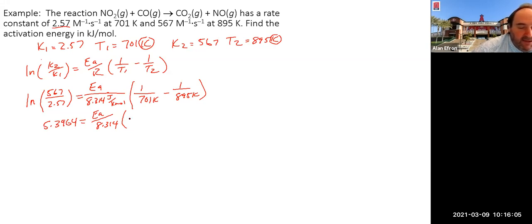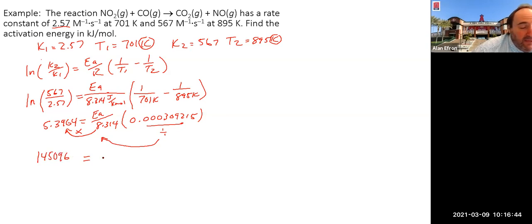That gives us something like 0.000309215. That means I need to multiply that to the other side. I need to divide that to the other side afterwards. And if I do all that math there, I'm going to end up with a number. Let me see, where's that number? There it is. That times 8.314, we're then going to divide it by what's in the parentheses. And that's going to end up giving us an activation energy of